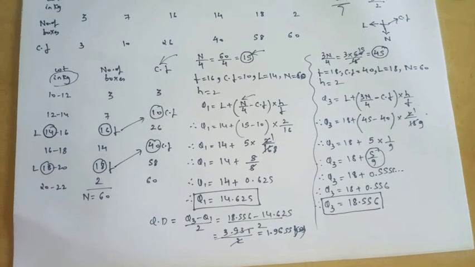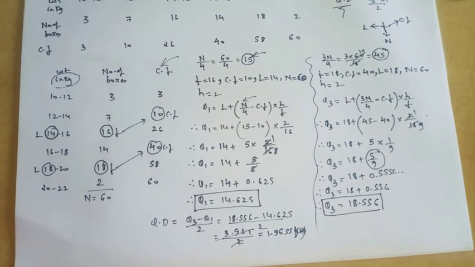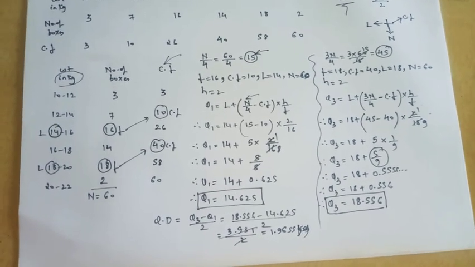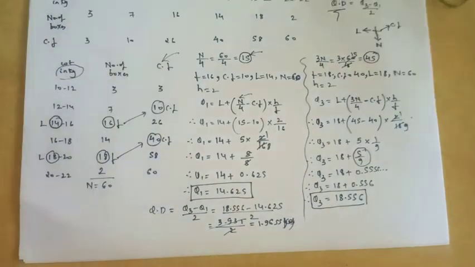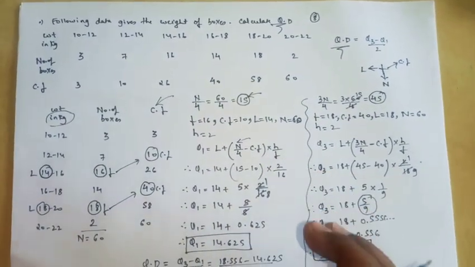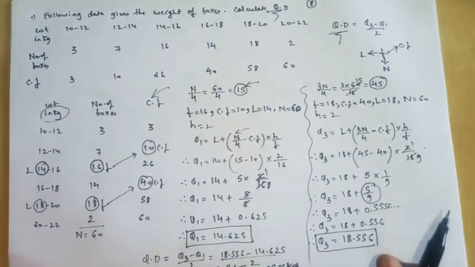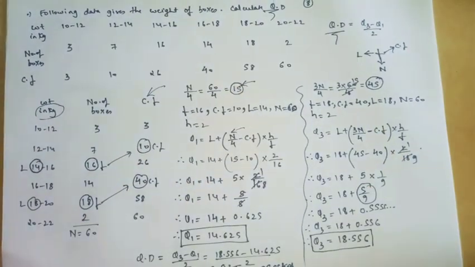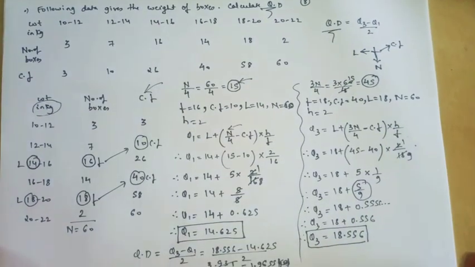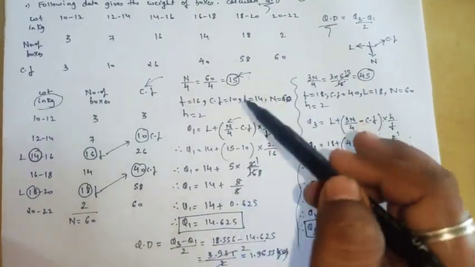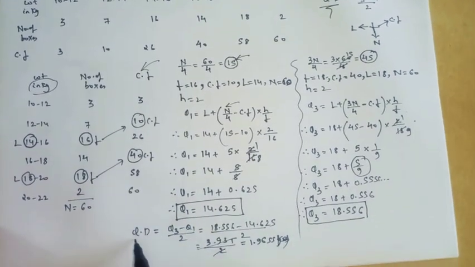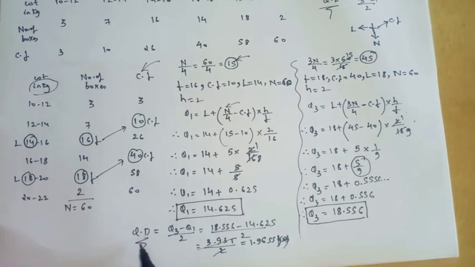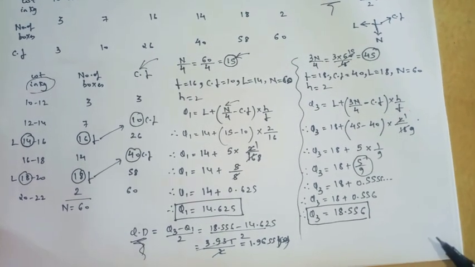I hope you all understood both the sums. Okay, as we took 2 sums in this lecture, this was the first sum. I hope you all understood this sum also, and even the last question. And in the last question, when you see here, we have the value of CF. So here there is no need to find the CF, as they have already given it. Simply write down the formula, find the values and substitute them, and you will get the answers of Q1 and Q3. Then after that we have to find QD. So we know that to find QD the formula is Q3 minus Q1 upon 2.